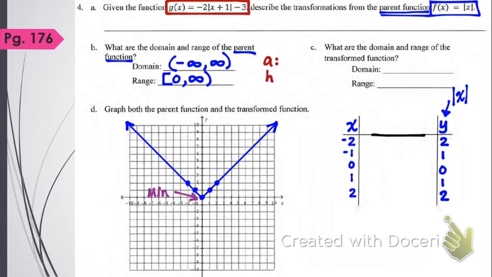We'll talk about A, H, and K. What is our A value? -2, right after the equal sign. What will that do to my graph? Yes, it's going to reflect it first and then stretch afterwards. So reflect over the x-axis, something's going to be negative, and it will vertically stretch it